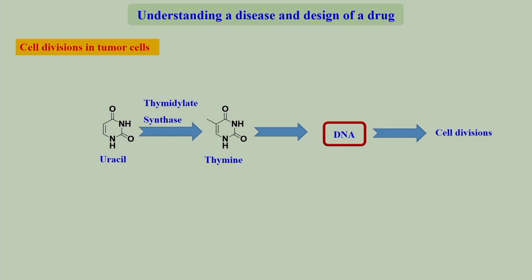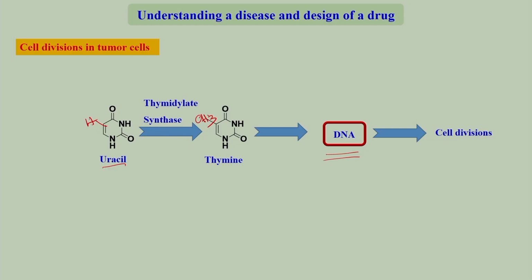So, here I will show what is the chemical process that goes on in our normal cell as well as tumor cells. As I have said, DNA is the key material that is required for cell divisions. So, how is DNA synthesized in a cell? One of the ways is it starts with uracil. We have uracil or uridine with a deoxyribose sugar in our body. Uracil is transformed into thymine. In uracil you can see here there is a hydrogen atom, and in thymine this H is replaced by a methyl group. This is the only addition and this is the chemical reaction.